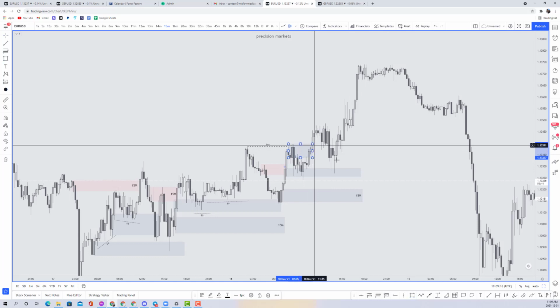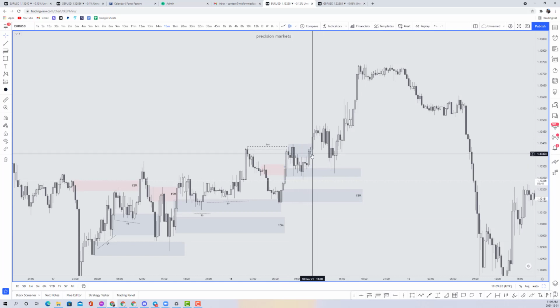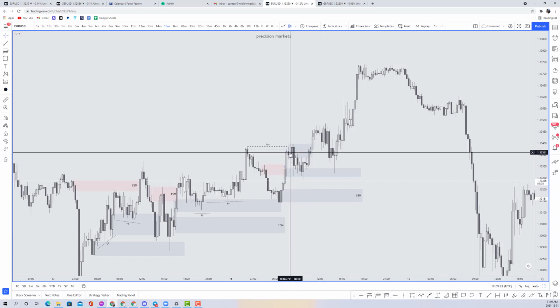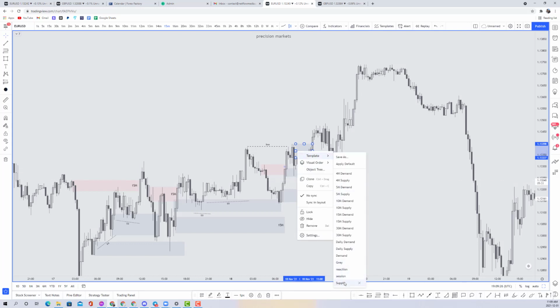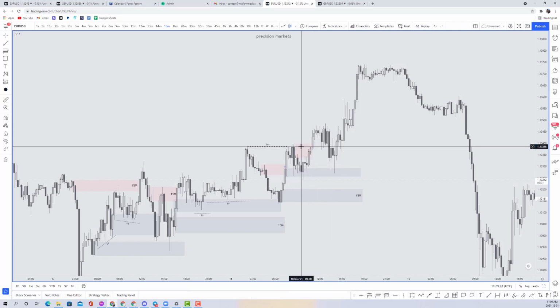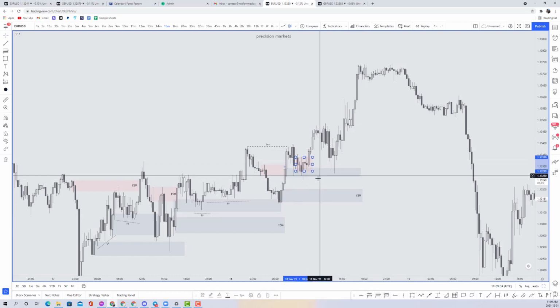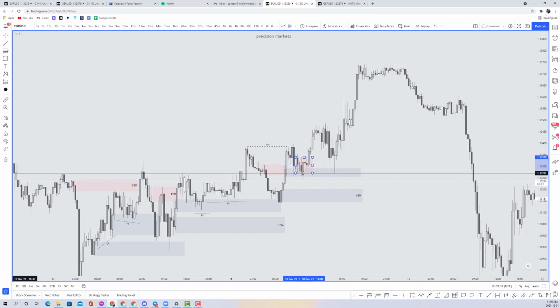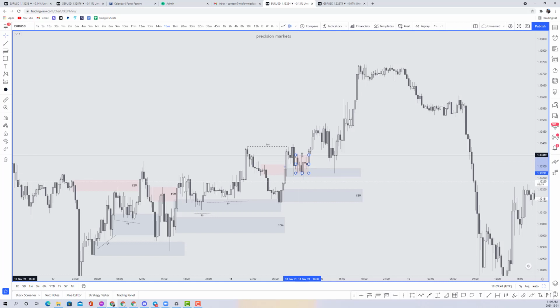Now, if you really investigate here, your reaction point's actually down here, because the initial supply that you're actually looking for is lower. And this is why I tell people to trade one pair, maybe two max, because this is a lot of details to notice. So this little doji area, all these little wicks, that's actually a bit of a supply area. If you really want to get technical, that's the supply. You're looking at breaking,